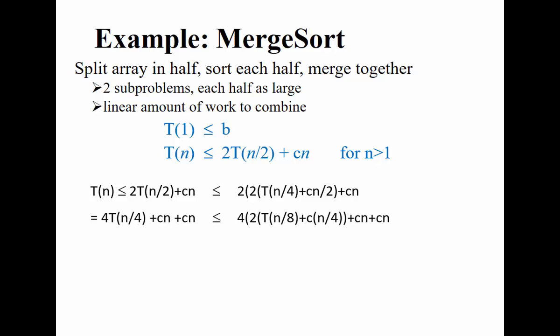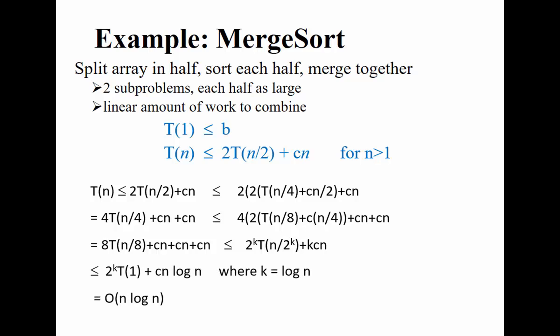So if you keep substituting, you will see the pattern that the time complexity T(n) is less than or equal to 2^k T(n/2^k) plus k times c of n. Now, to get rid of this argument, we look at the initial condition. If we take n divided by 2^k equal to 1, then we end up with